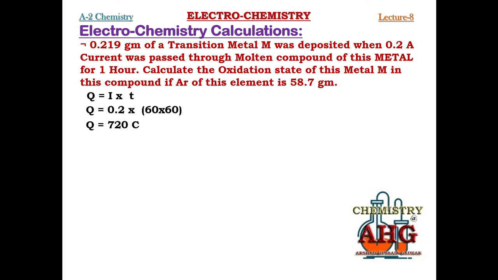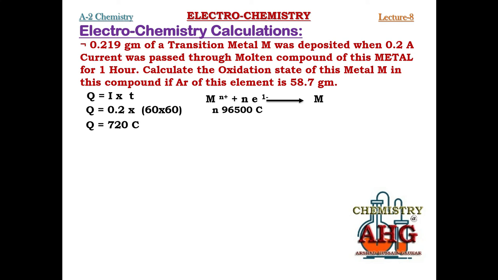Now write down a balanced chemical equation. Right now we do not know the number of mole of electron, but we can write it like this. M, you can see M has a charge of N plus. We don't know what N is. N is the number of mole of electron. We have to find that. How will we find that? Look at the relationship. N, the number of mole of electron, into 96,500 coulombs